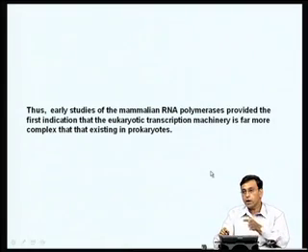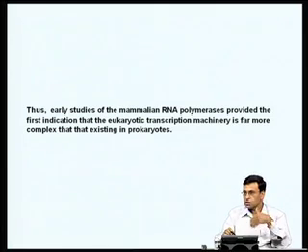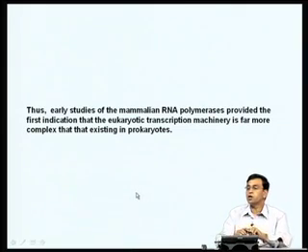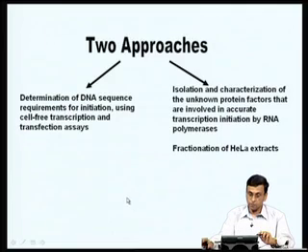But when it came to eukaryotes, the number of RNA polymerases itself was increased to 3. And as we proceed further, I will tell you it is not just the increasing number of RNA polymerase subunits, but even a number of other accessory proteins are also essential in order to accurately initiate transcription by RNA polymerases in the case of eukaryotes.